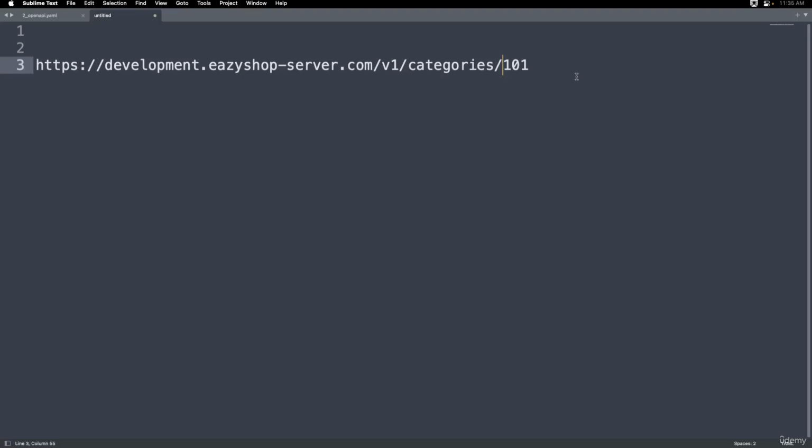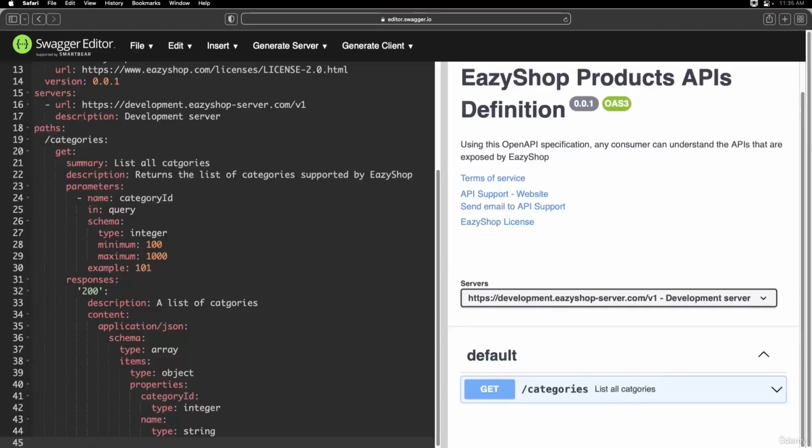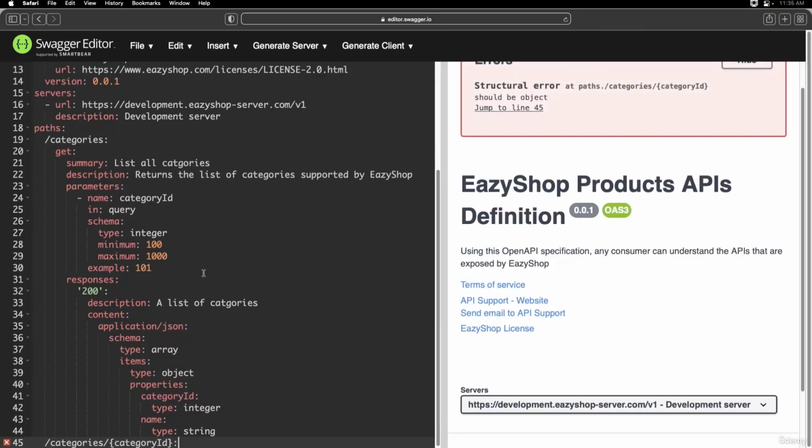What we have to do is just introduce one more path. Whenever we are introducing one more API path, please make sure you are on the same line where your slash categories started. You can see both my slash categories and the cursor right now are on the same line. Here I can introduce a new path, slash categories, and after that